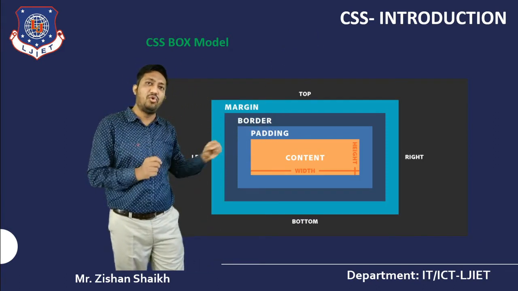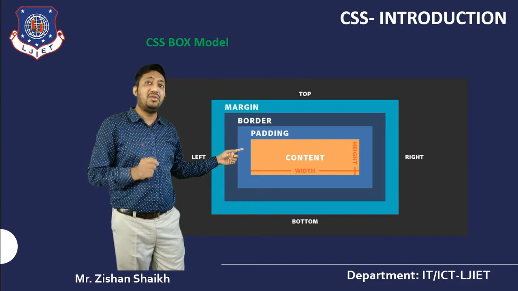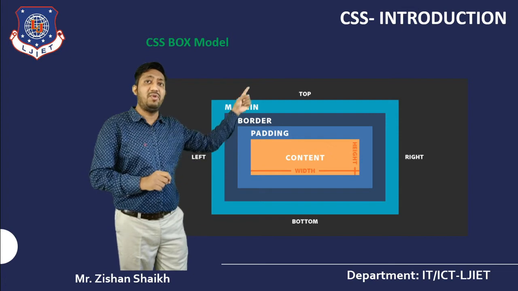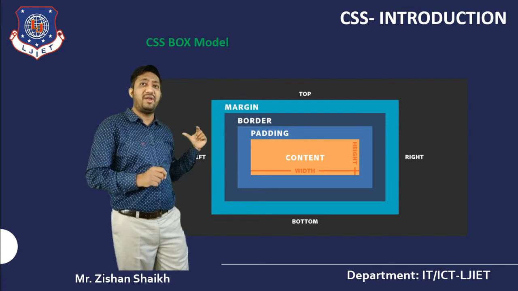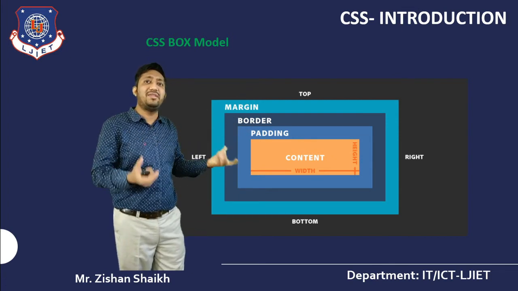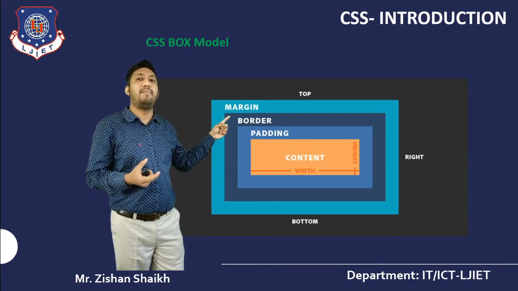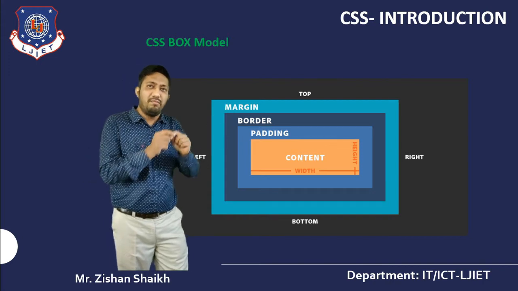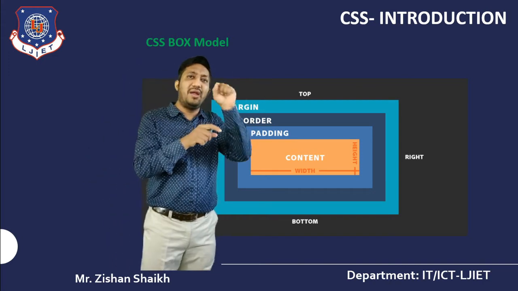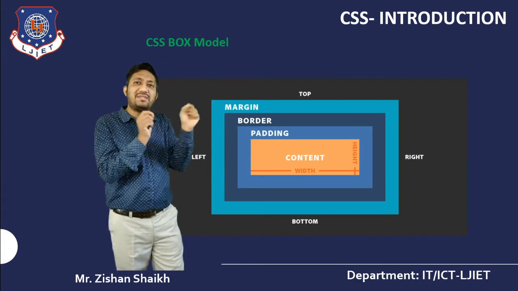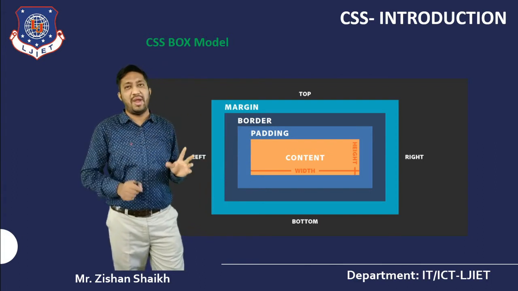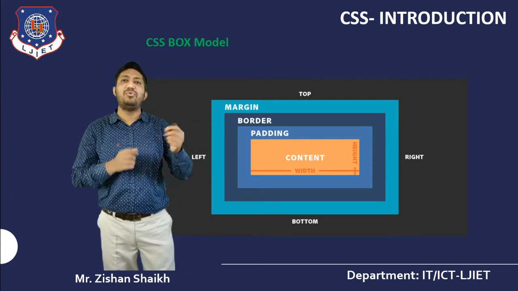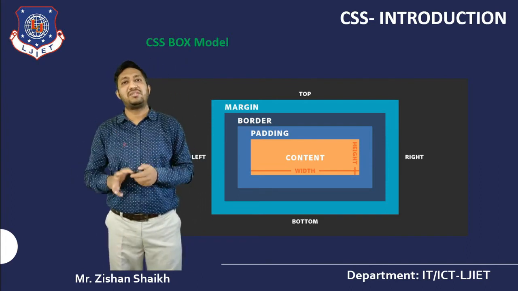Whenever you want to put your content, you should remember where you are putting it. For that your reference will be top, bottom, left, and right. So how can you maintain that? With the help of margin. Whatever space you want outside will be known as margin. But between the border and the content, if you want to put some space, that will be known as padding. So you should be aware of this context, of how you can put your data on your screen.